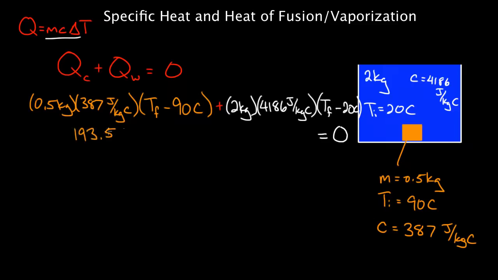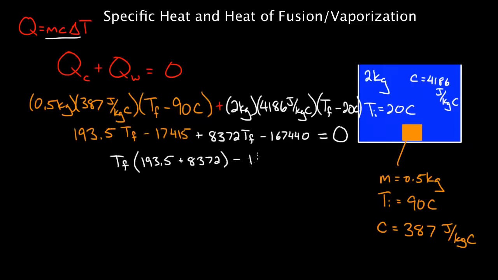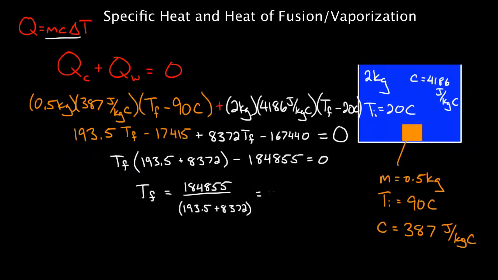First, I'm just going to multiply everything out. I'm going to combine the T final terms and the two terms that don't have T final. Then I'm going to move everything over to the other side. I solve for T final, and I get 21.58 degrees Celsius. And when you look at this, you might think, hey, we must have screwed up. 21.58. The water started at 20, it barely increased its temperature at all, and yeah, that's what we were saying, is that this specific heat for water is so high,